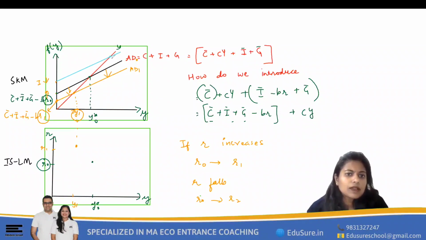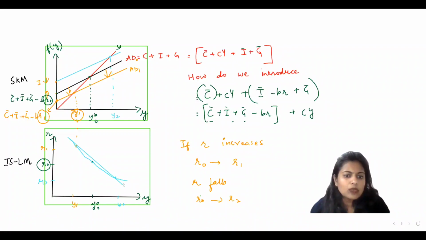This is Y2. So R2 was lower, Y2 is higher. If I join all these combinations of interest rate and equilibrium output in the goods market, what I get is a downward sloping